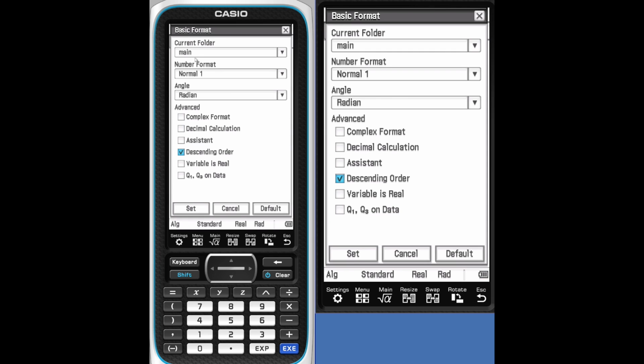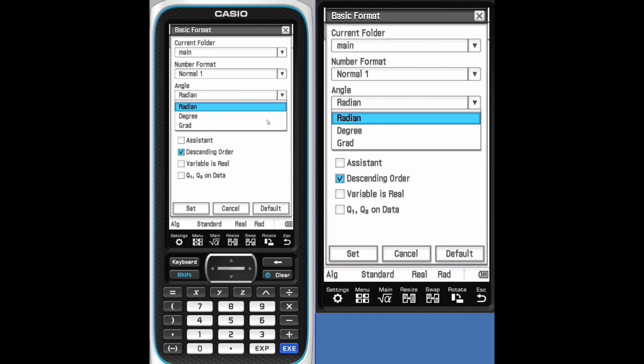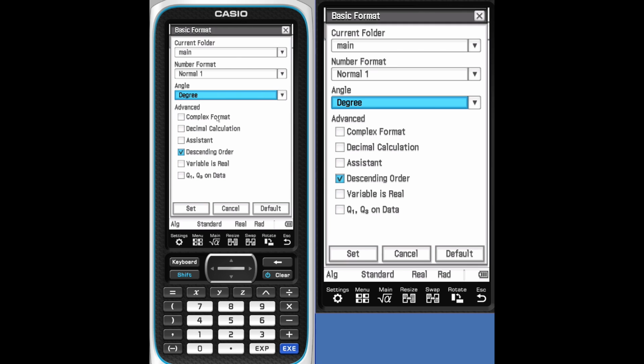Let's check out our basic format. We're currently in the main folder. Normal 1. We're in radian mode. These are pull-down menus, so you can change that to degree mode. Complex format, you can check that box. Decimal calculations. Turn on the assistant. Descending order of variables. Variables are real. Turn on outliers.